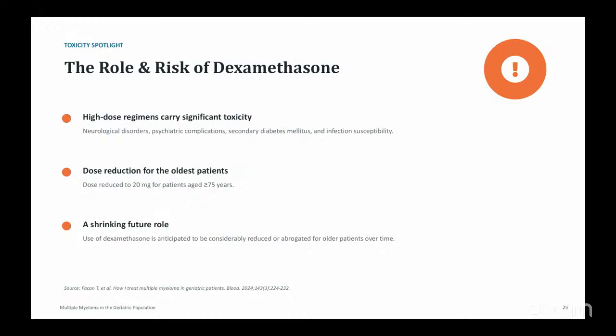In some trials, they studied the possibility of lowering the doses of the steroid medication, sometimes as low as 20 milligram. And this showed some sort of reduced side effect profile, in addition to somewhat acceptable treatment criteria. So you should be very careful with the possible side effects of dexamethasone with elderly patients.